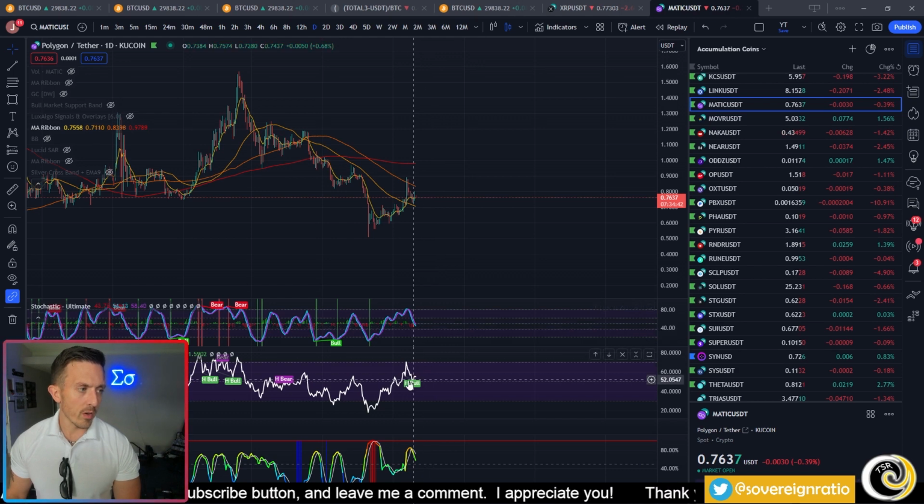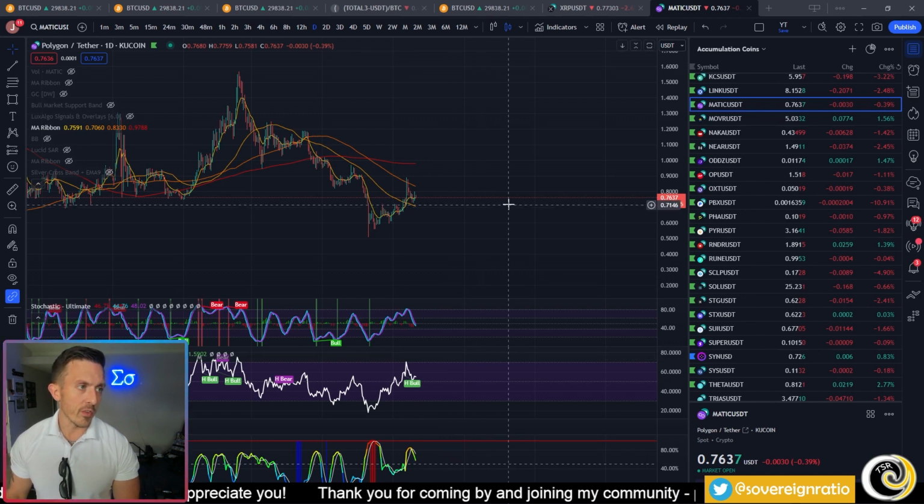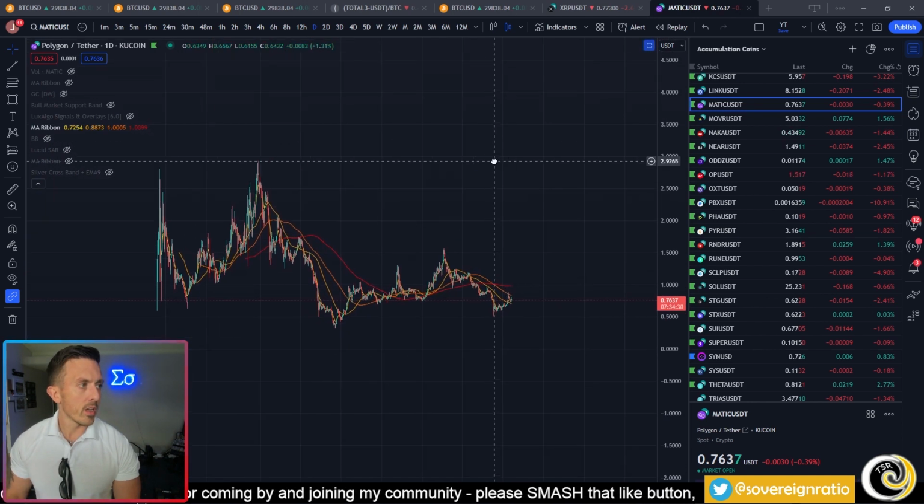Not really sure at this point. RSI is just sitting around mid-50s, kind of insignificant at this point. And the BBWP is also rather insignificant, at least on the daily chart. If I take away the indicators and scroll out, let's take a quick look here and see what we have